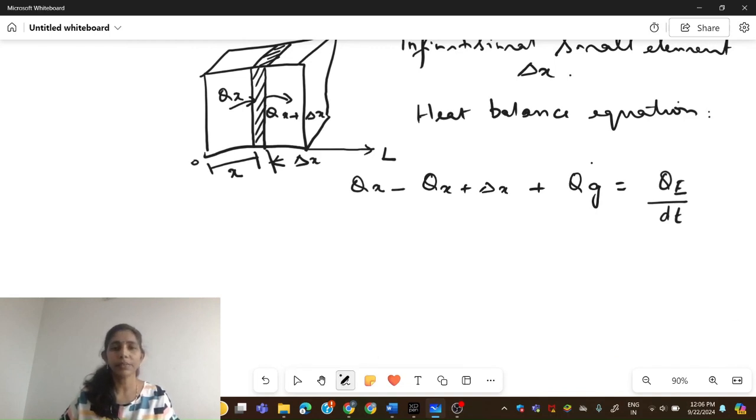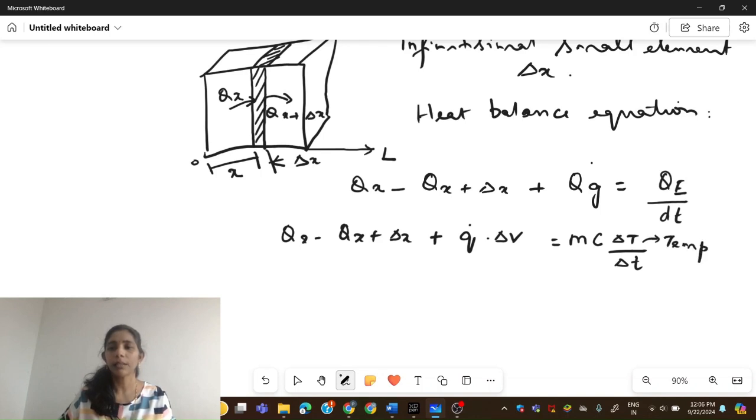Now, simplifying this further, the first two terms remain the same, no difference at all. Look at the next term. This is the heat per unit volume, so for the entire volume I'm going to multiply the heat generated with the volume. That is equal to E, which is always m Cp delta T. So I will write here m c delta T divided by delta t. The capital T stands for temperature and the lowercase t stands for time. Simplifying further,